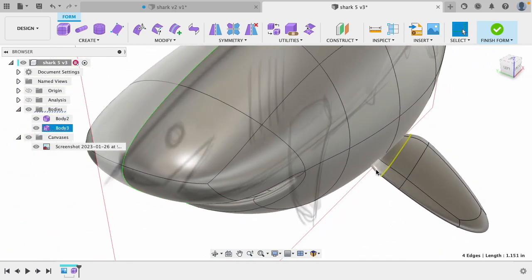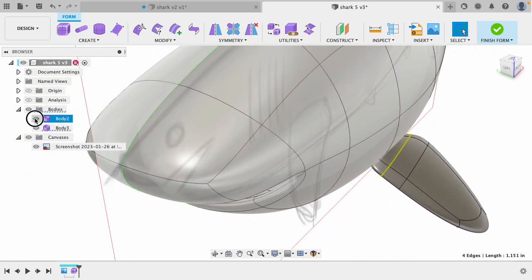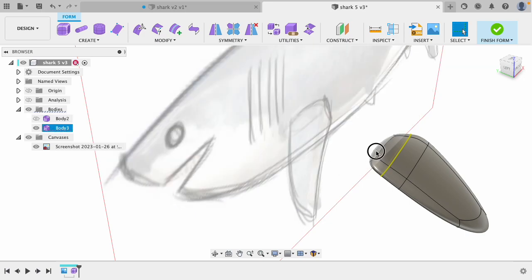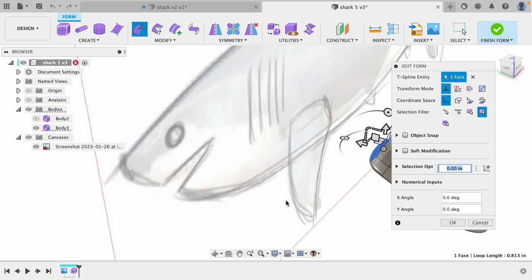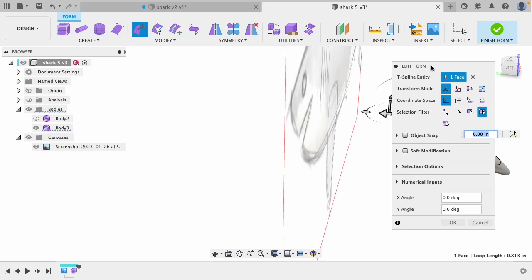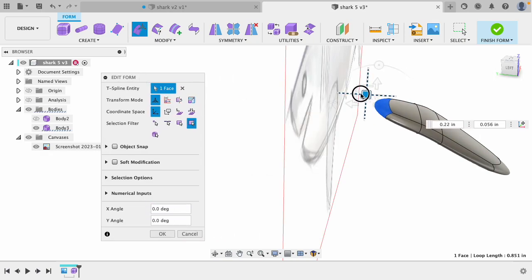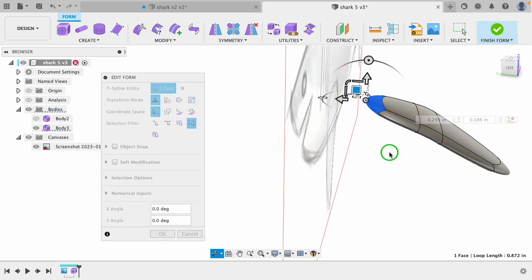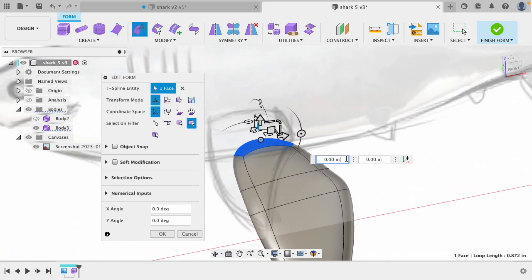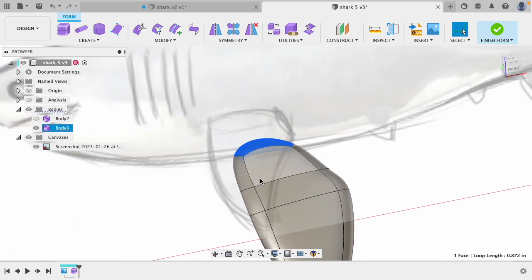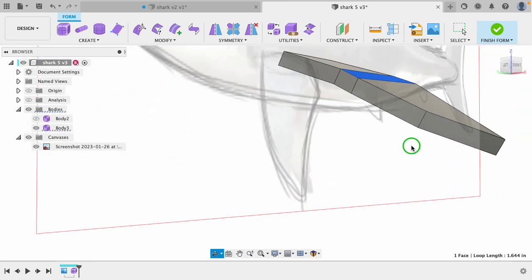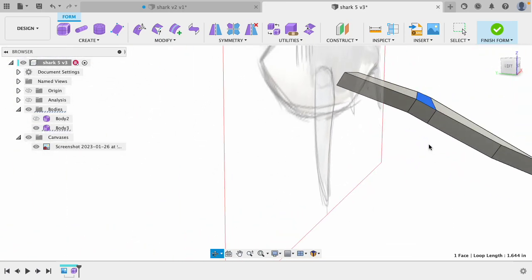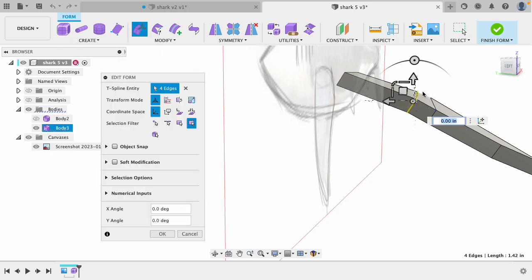And I don't want that little bit of a curve there, so I think what I'll do is I'll just move this further inward so it's totally inside the body. And then it shouldn't, and because I did thicken, it's equally thick,